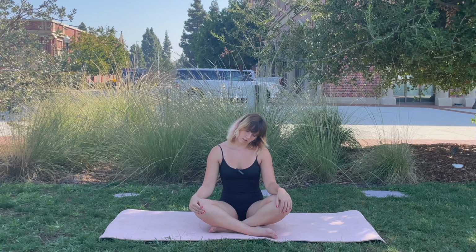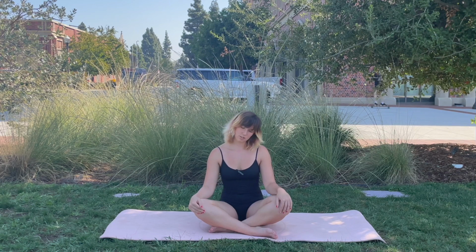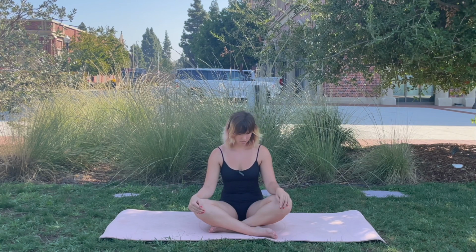Just stretch that neck. Inhale brings us back to center, and an exhale, we bring the right ear over the right shoulder. Inhale back to center, and exhale, move to the other side. Keep moving side to side with your breath, and feel like every time you stretch your neck, you can even